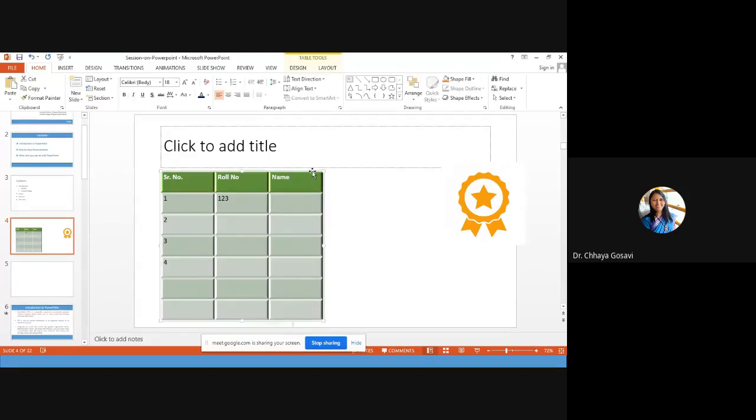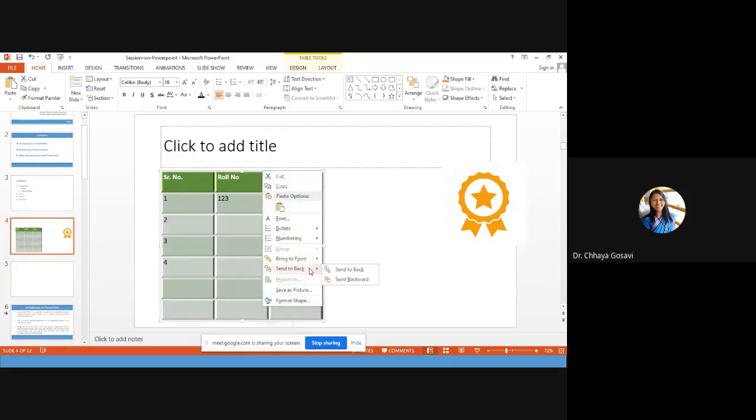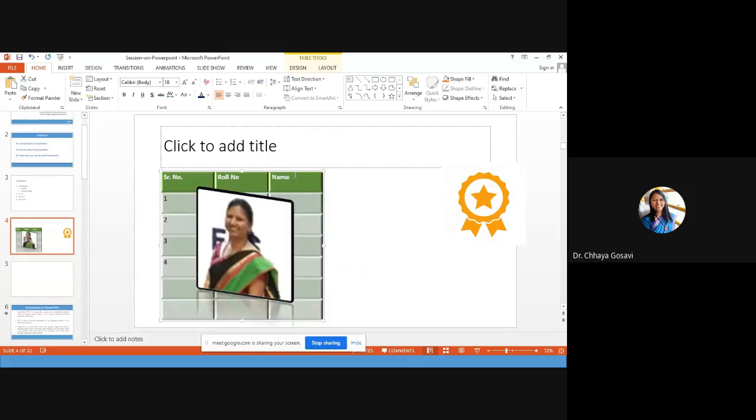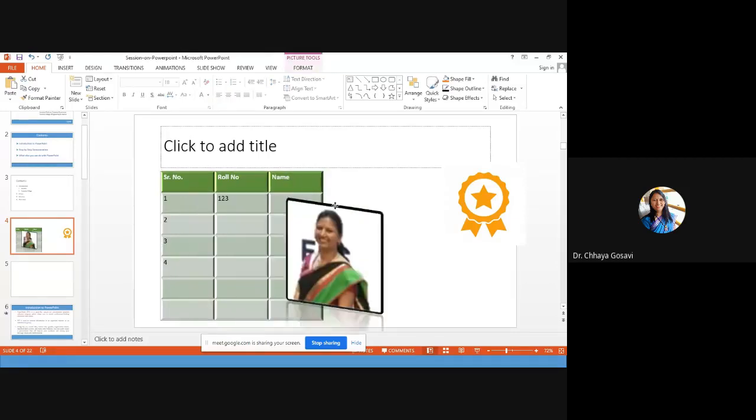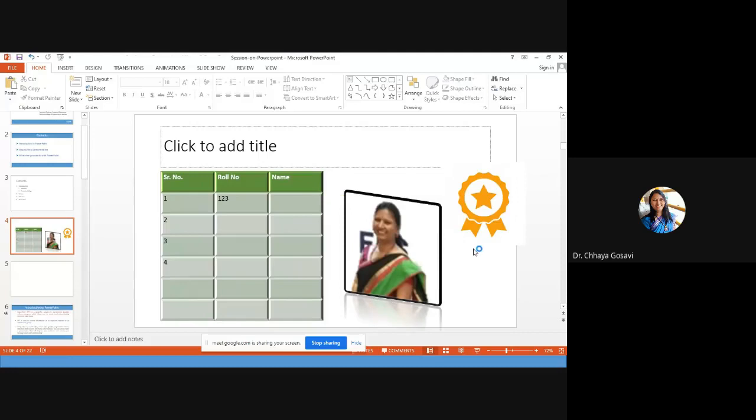And if you want to bring it forward, select the table and send it to back. When the table is at the back, the image can be at the front. So when you have more than one shape and you add some text, you can place the text on that particular shape.